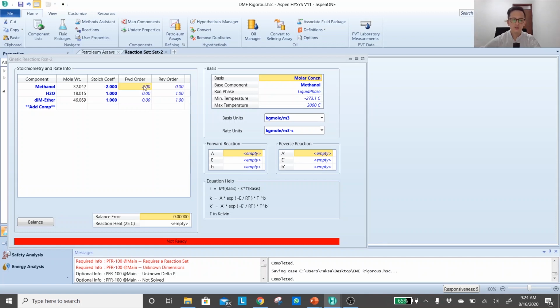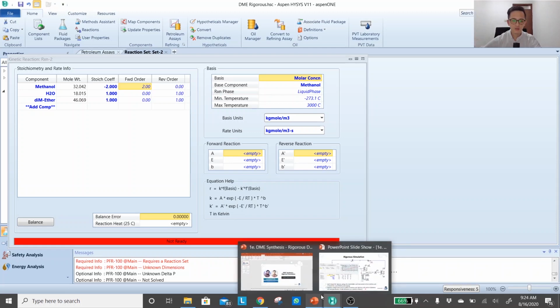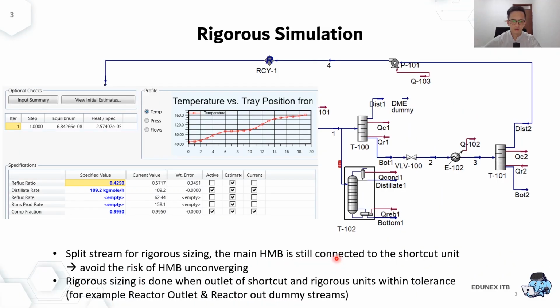Okay, you see that once you put the coefficient, HYSYS will automatically assume that this is an elementary reaction. That means your order of the reaction will be the same with your coefficient of stoichiometry. But that's not always going to be correct. Let's say you have a non-elementary reaction. That means we have to update those numbers,